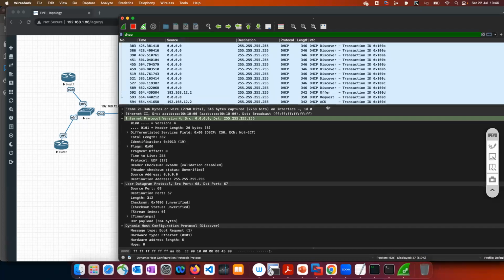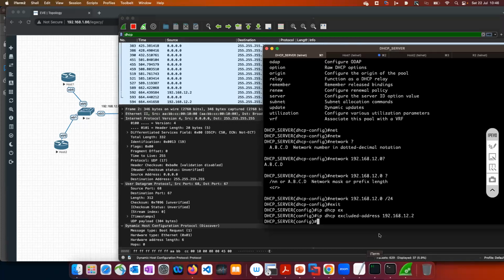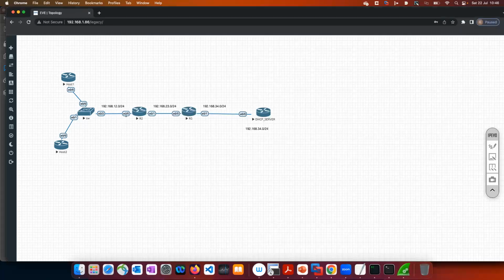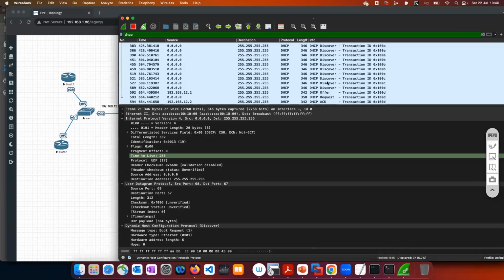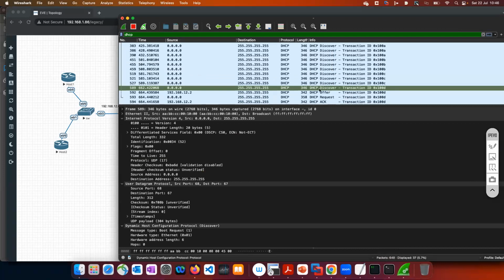Why did you exclude the 12.2 IP address? Because this 12.2 is statically configured on this interface E0/0 of R2. I do not want to send it as a leased address. Okay, sir. Got it. So now coming back to this one, can you see against this discover message,